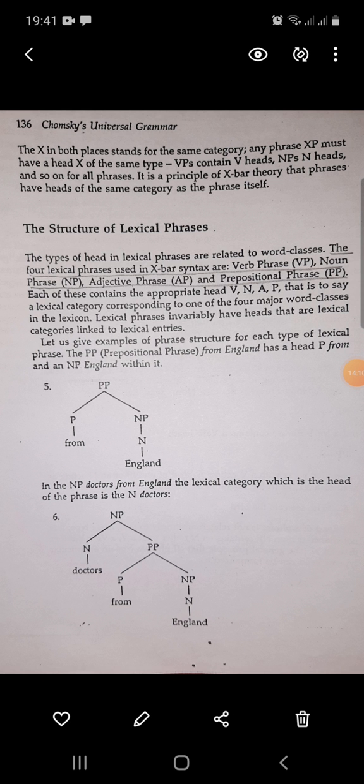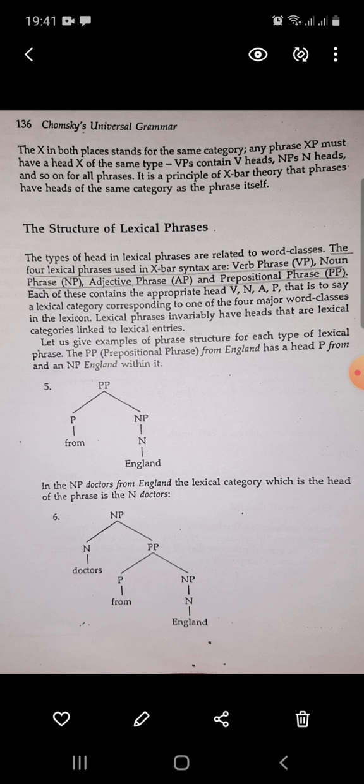Then the structure of lexical phrases. So until now, I hope that you understand the concept that phrases are structured, and how they are structured. They are structured in a way that some of the items are parents, and those parents have got sisters. Sisters are on the same level of analysis. And to note, an important thing is that they should be immediately dominated by some common element. If they are not immediately dominated by a common parent, they are not called sisters.